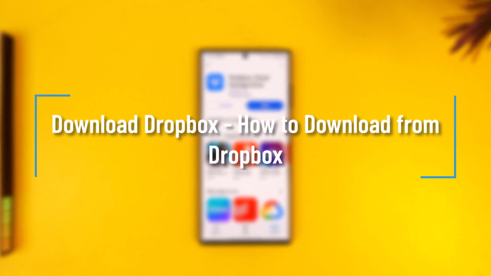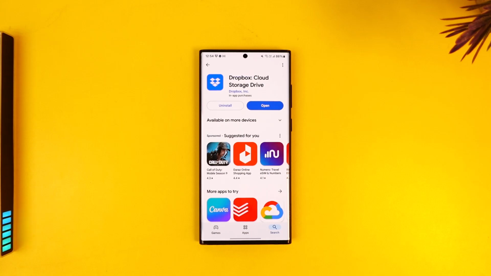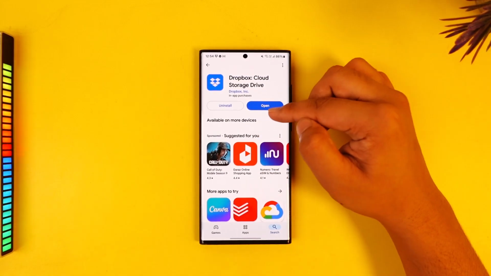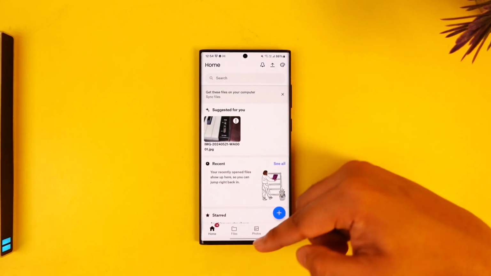Download Dropbox. How to download from Dropbox. Now first of all, it depends upon what you mean, because you can download your own files from Dropbox, or if someone has given you a certain link, you can also download from the download link that they have provided. So if it is your own account, you can open up Dropbox right here, and then